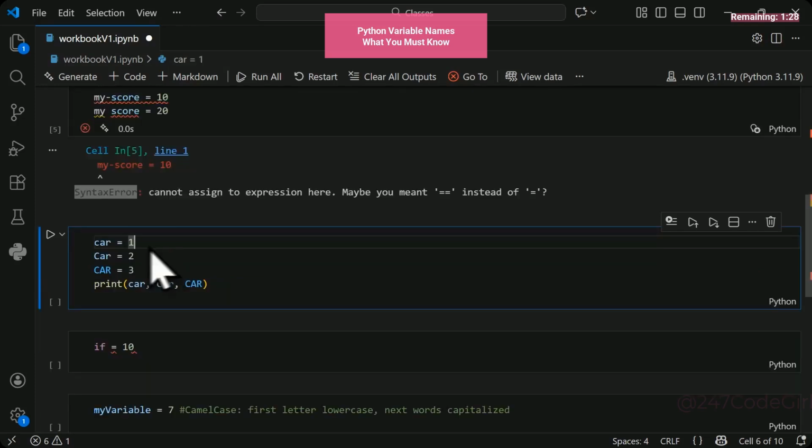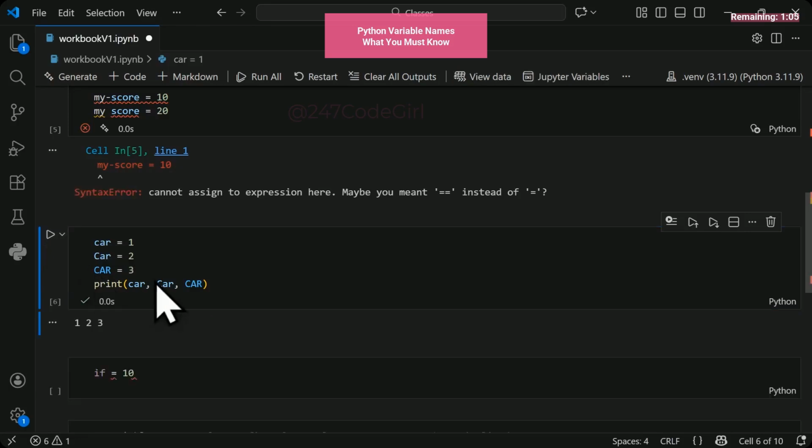Python treats names exactly as typed. So here car all lowercase, Car with the uppercase C, CAR all in uppercase. These are 3 different variables. So case matters in Python. Uppercase, lowercase, mixed case. These would be treated exactly as you typed. They are different, so if I run this, you can see we have 3 different values because these are